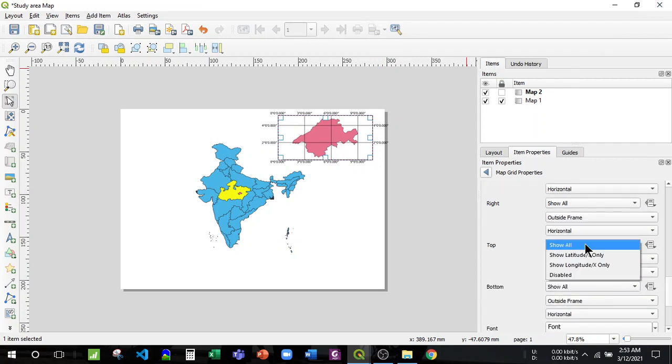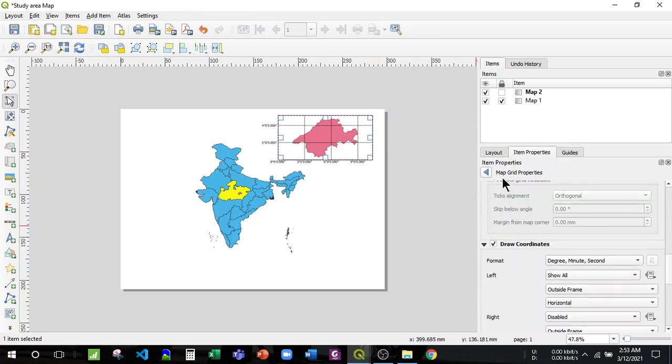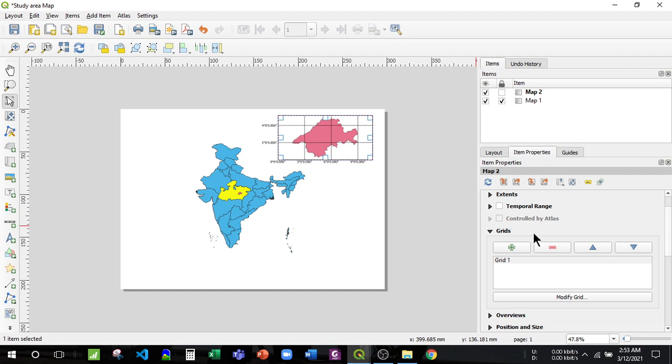So I will click on top and click on disabled, and click on right and click on disabled. See, only here these things are available.